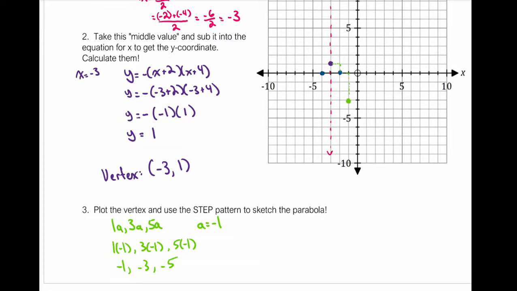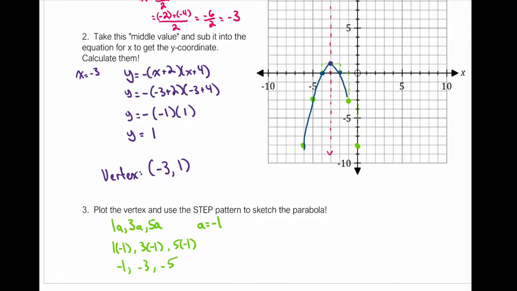There's my next point. I can do the same thing on the other side, or I can use the idea of symmetry to know that it just needs to be there. And then finally, the last step that I have, go shuffle 1 to the right, go down 5: 2, 3, 4, 5. I can repeat the same thing on the other side, or I can use symmetry to understand that that's where it has to be. Once I have all my points,